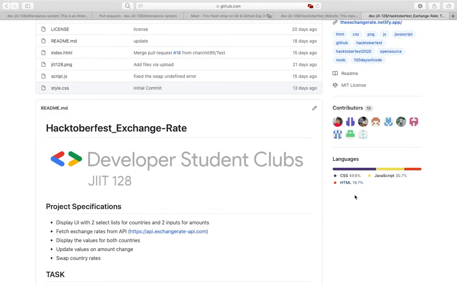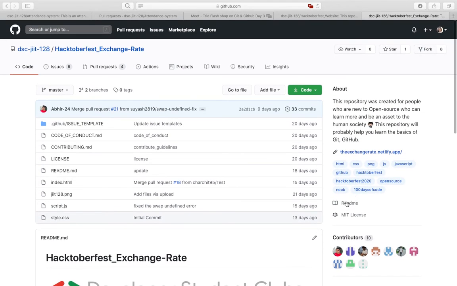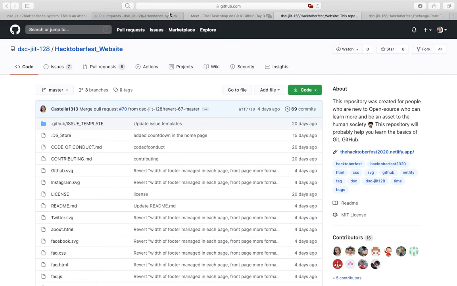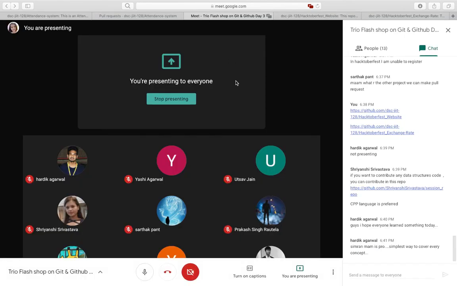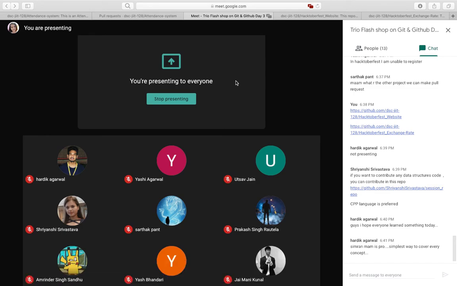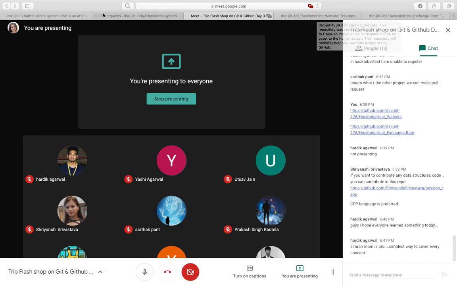If you are well aware of these, you can try creating pull requests here, and we will be reviewing them. They will definitely be counted in your Hacktoberfest, so you can try creating pull requests in these repositories if you are thinking of getting a free Hacktoberfest t-shirt. So this is what we wanted to share with you.